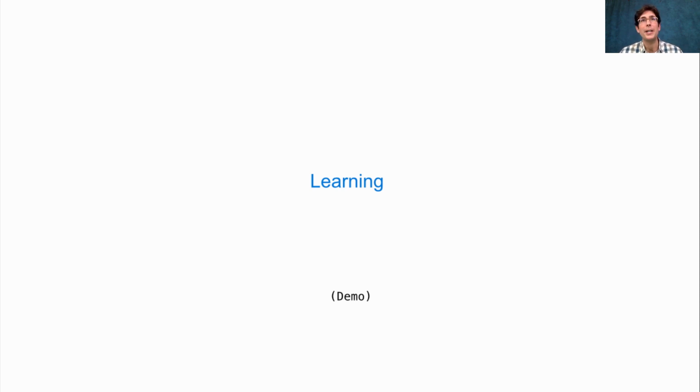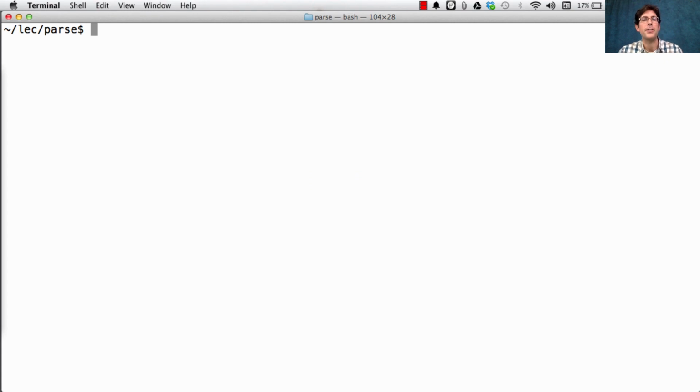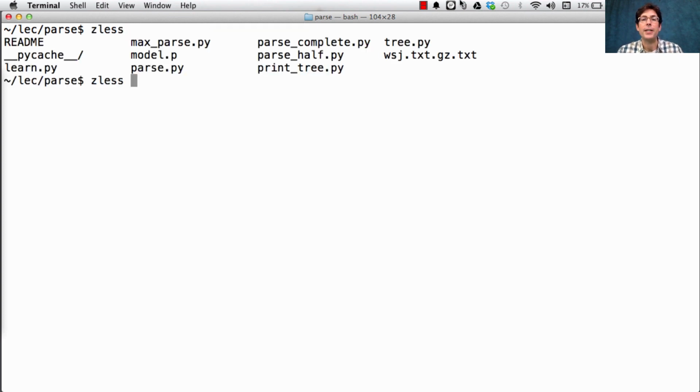Or we can do what everybody else in the natural language processing field does, which is make undergraduates write down rules for you. Here's how it's done. At the University of Pennsylvania, they spent several years taking excerpts of the Wall Street Journal, putting it together into what's called a tree bank. And here's part of it.